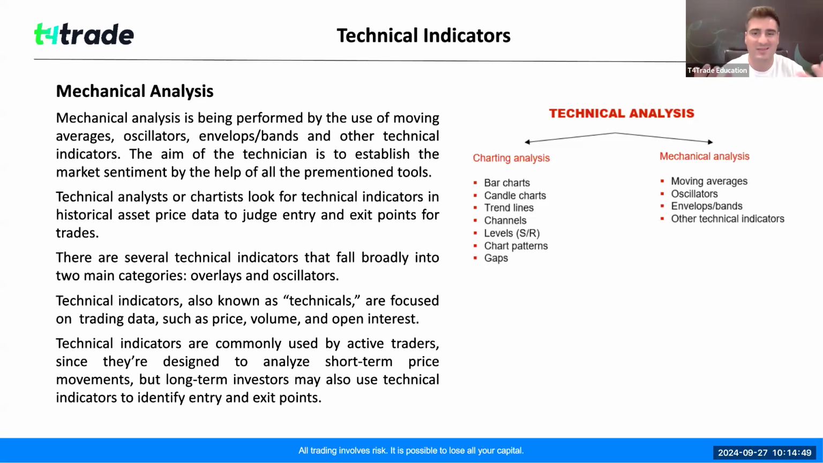So the second category again, and this is what we call mechanical analysis in general, is, in a sense, the usage of technical indicators. You're going to see what technical indicators are. Some examples are moving averages, oscillators, envelopes and bands, and other technical indicators. I have many out there. Now, which ones you pick and choose and use accordingly, this is up to you. The point is, if you do understand what information they are conveying,